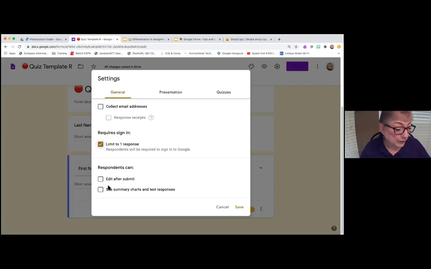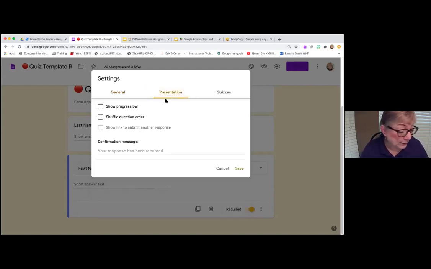Whether or not you want them to edit after submit, I would not want my regular education students to do that, because as soon as the quiz is over, they're going to share questions and answers with each other. Whether or not they see summary charts and text responses is up to you. But for sure, in regular education, I'll limit to one response.